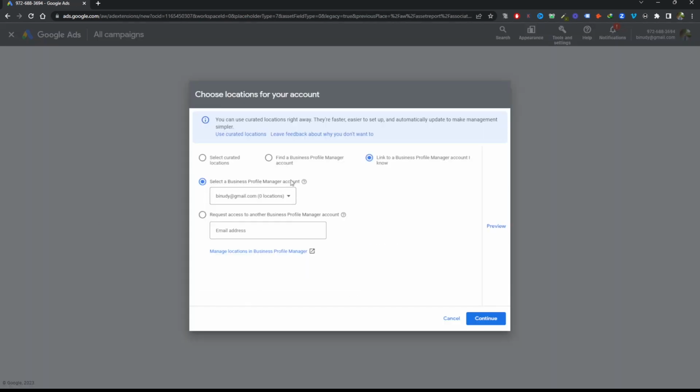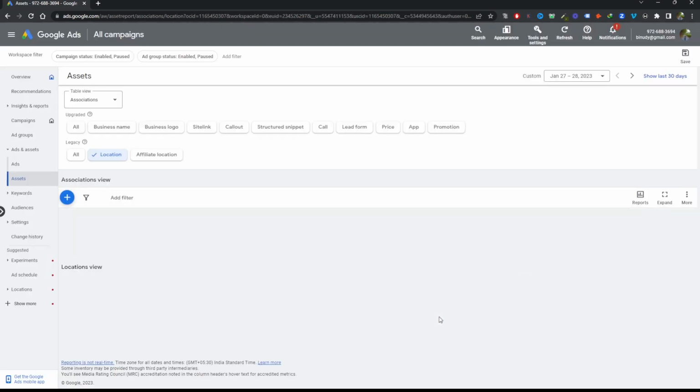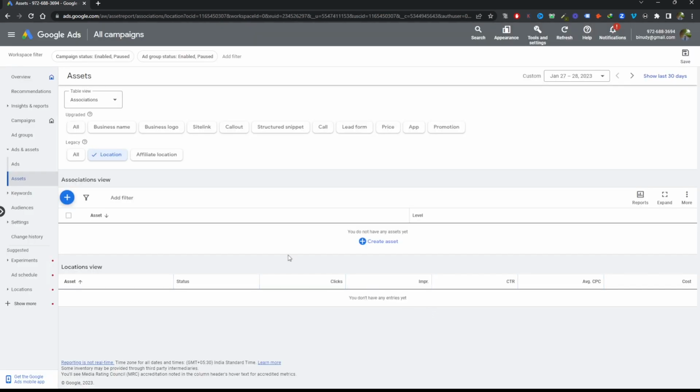You have to click over here, paste your Google My Business email address right over here, and it will automatically fetch the details from your Google My Business profile, and it will show your location under the ad, right? So it makes you feel like more of a local business, right? It will help them discover that you are a local business, and it will obviously help